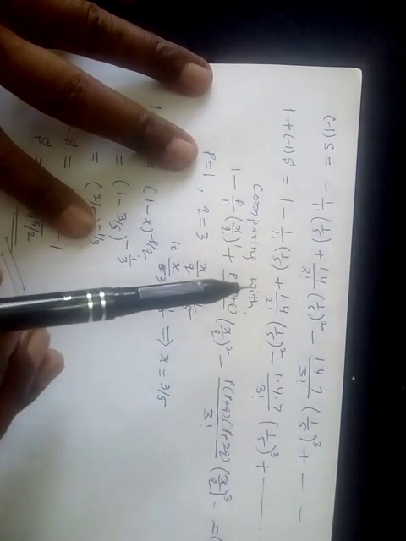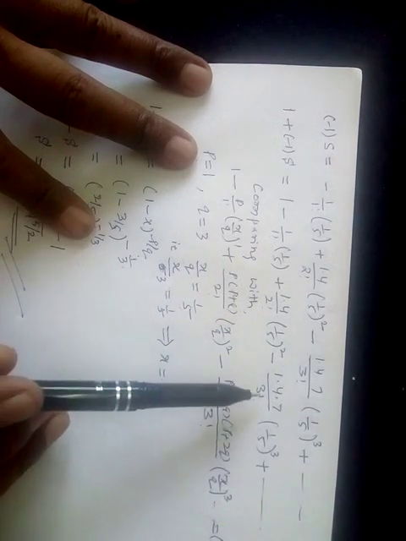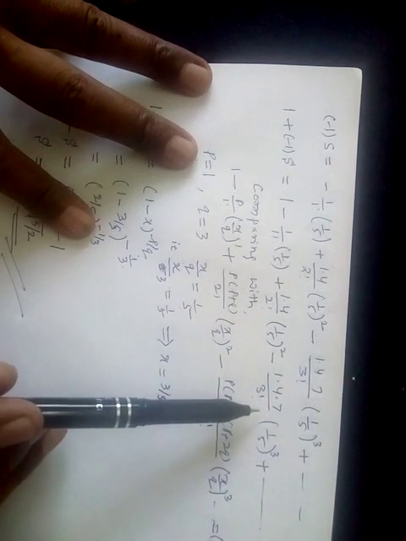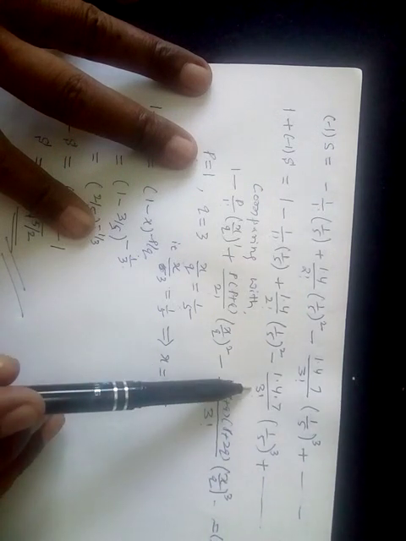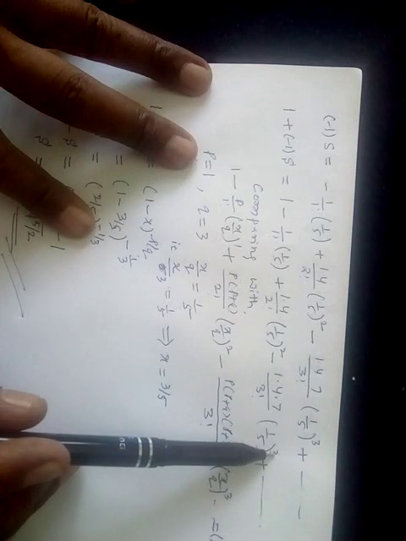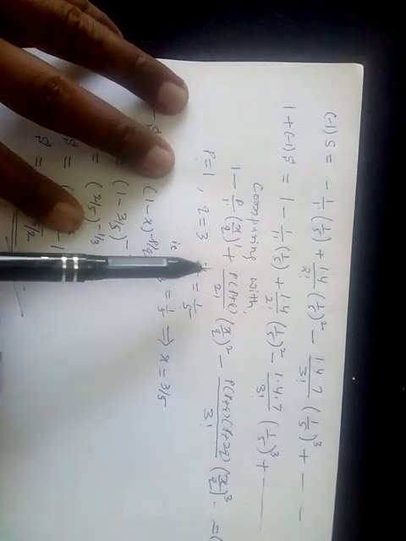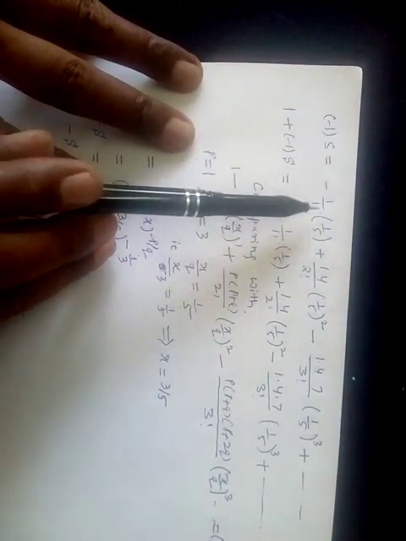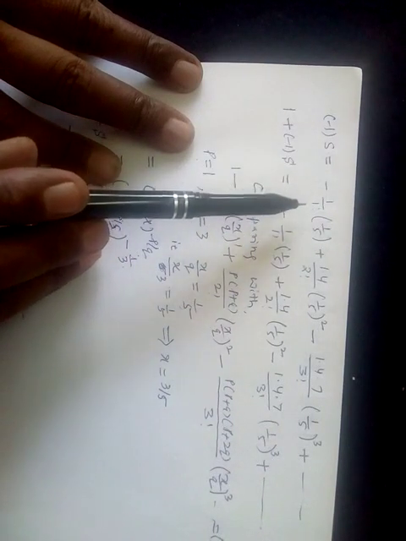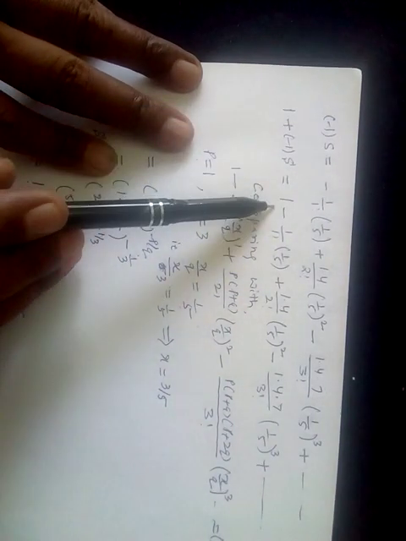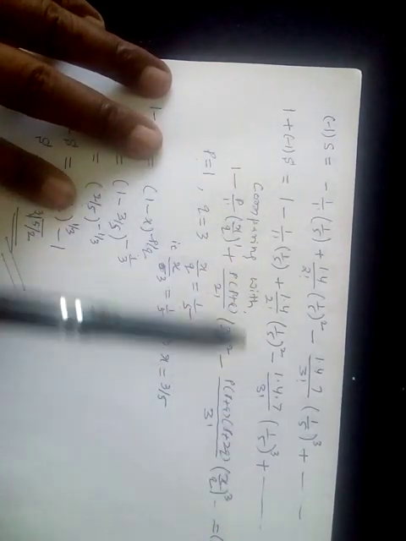Now I will see whether each term is in standard form or not. For that, just check any one term. I will check the last term: 1, 4, 7 means 3 factors, 3 factorial, and the power is also 3, which means each term is in standard form. Here your series does not contain all the terms; the first term is absent. The first term is 1, as we know, so I add 1 on both sides. After adding 1 on both sides, you now get a standard series with the first term.